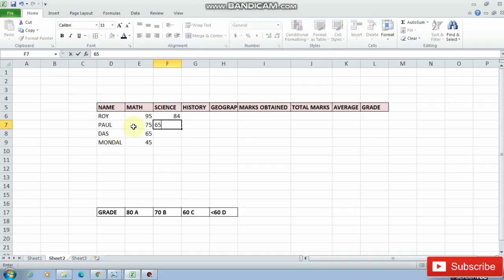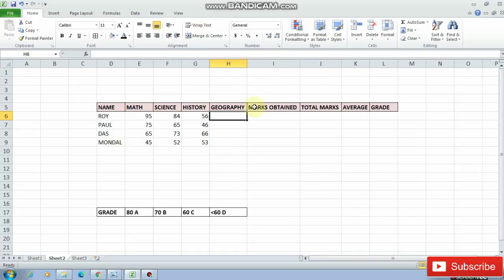Now by selecting the cell just below the marks obtained, put equal to sum. Since you are going to add up the marks of the students, you have to write equal to sum, then put on the first bracket and then select E6 to H6, because you are going to prepare the marks obtained of the student Roy.